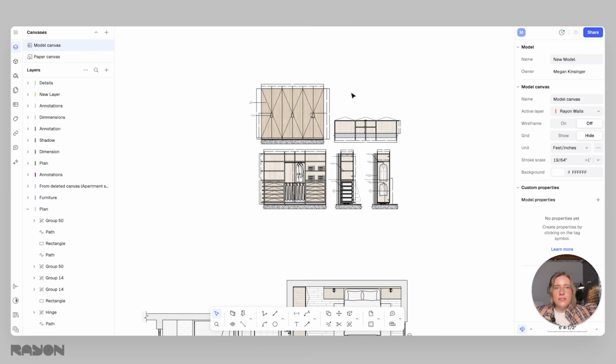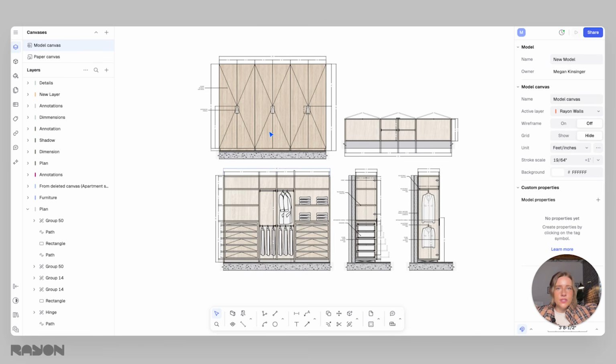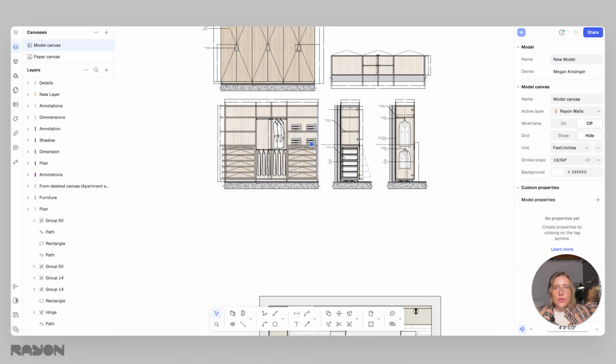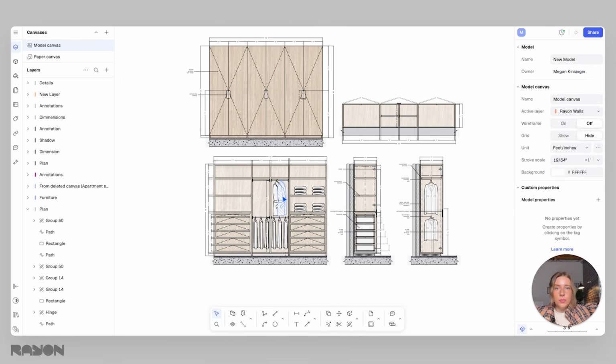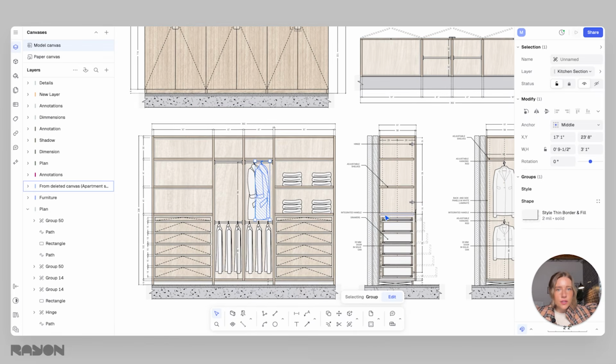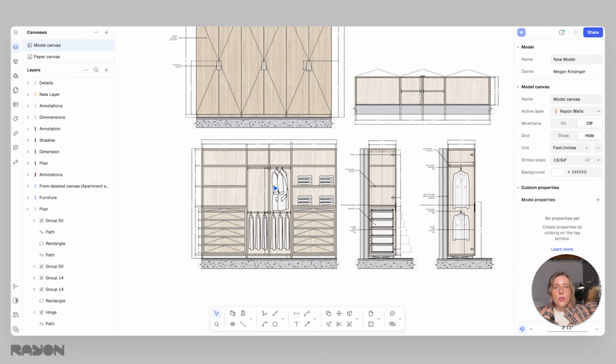So I'm gonna just leave that up here for now because we might end up using this in one of our sheets later. You can see that in these drawings that I copied from the template, I already have a lot of blocks in here, like these little coats are blocks, these little folded pieces, items of clothing are blocks. But if you want to add to this,